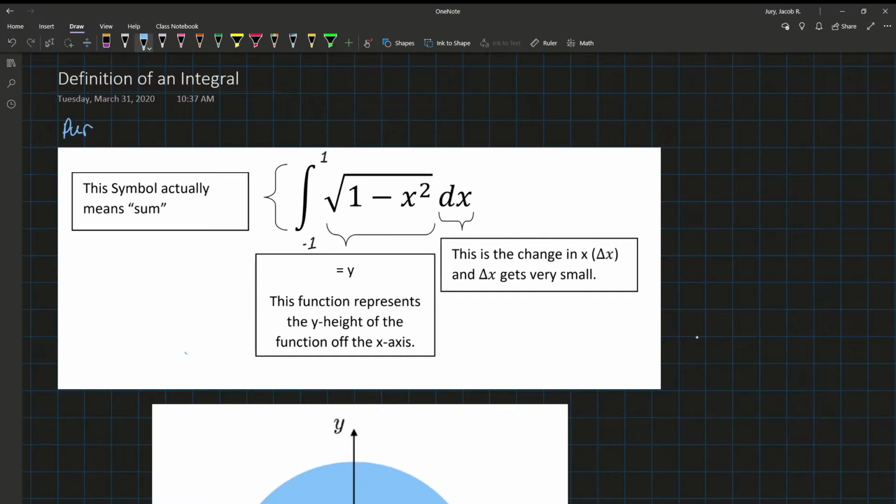Before, we were looking at the purpose of an integral and how we were able to undo the derivative. There's a lot of confusing notation in this integral, especially this strange s. But if we look a little bit closer at what this is telling us, if we take each piece,